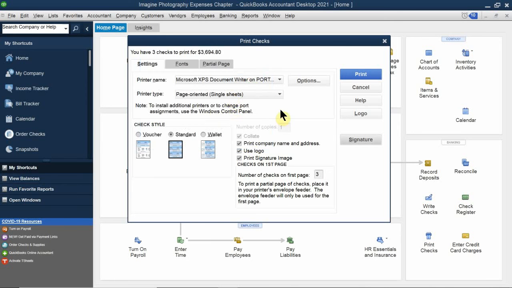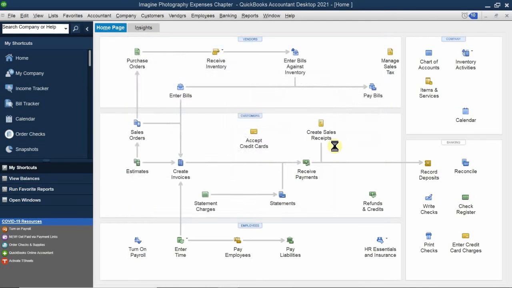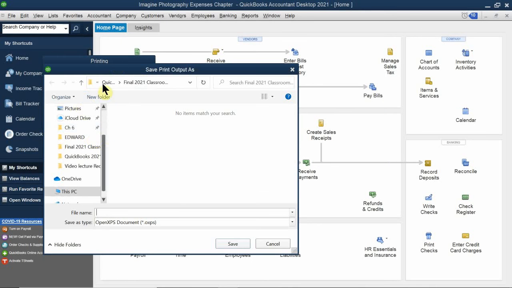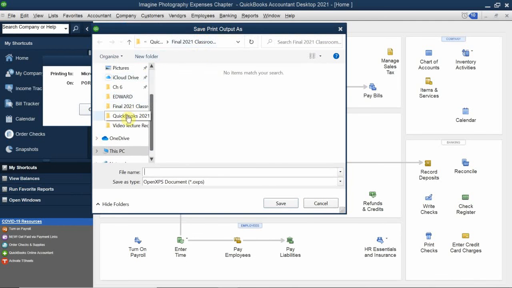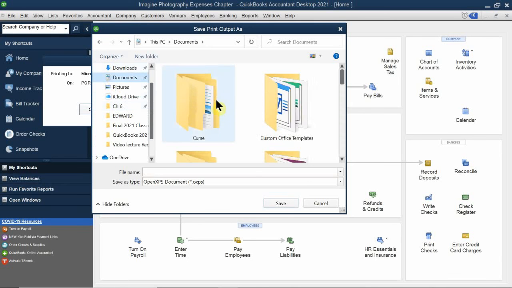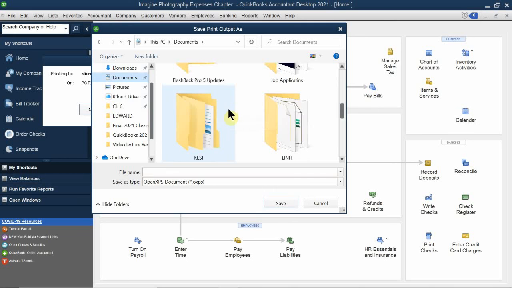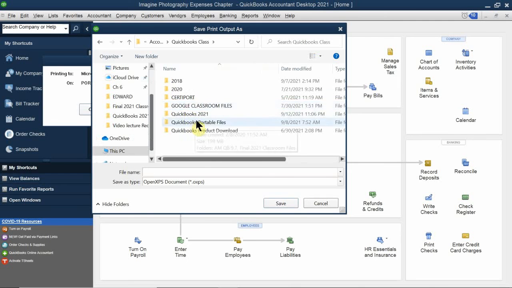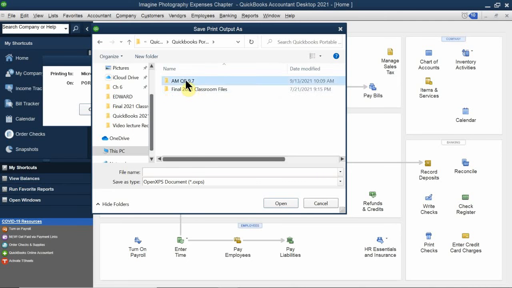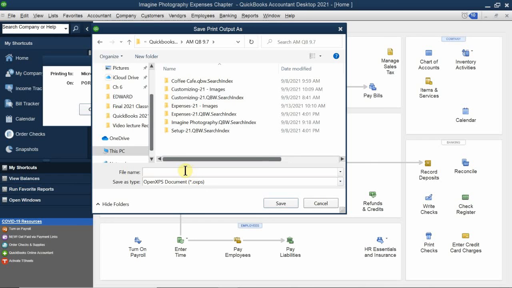So then when you actually print them, the checks will be there. Okay? So I'm going to go ahead and click print. All right. So in this case, right, on my computer, I'm going to be printing out a digital copy. And I'm going to make sure I place it into your actual folder here, so then I have them on file at all times. So once again, LVPTA Accounting QuickBooks Class Student Portable Files, this time AM97. And I'm going to go ahead and just write this as